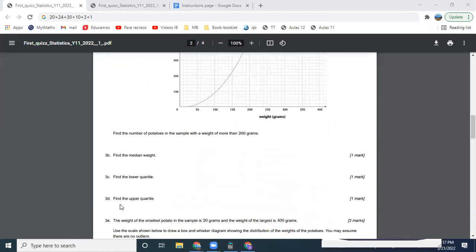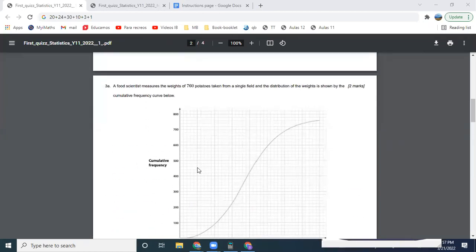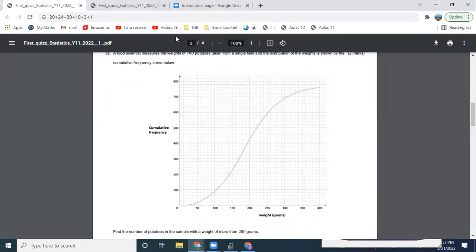Then for the lower and upper quartile, we must find 1/4 of this and 3/4 of this, right? So for the lower quartile, 760 over 4 is 190. We must find the weight that leaves 190 potatoes with a lower weight. So I go here, 190 will be between the 180 and the 200, so let's say over here, more or less, and we get something around